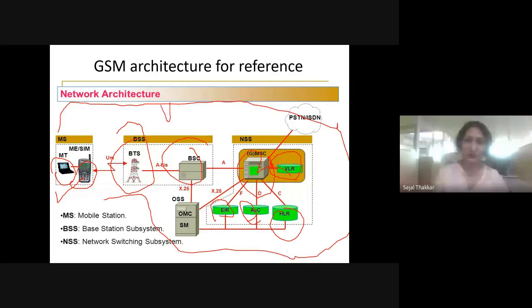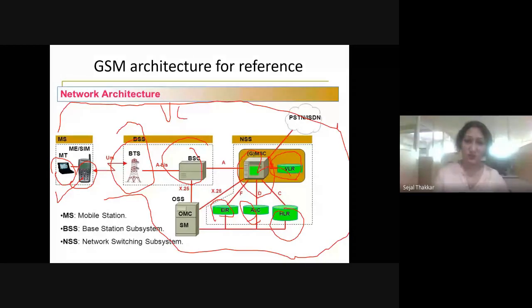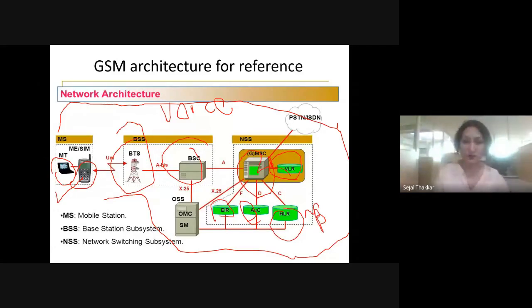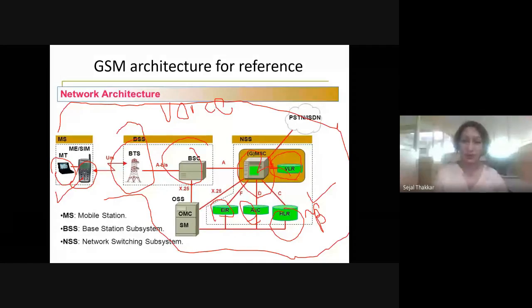I told you that the home location register is going to register our mobile number. It provides information regarding billing, up to how many minutes we have talked with someone else. So it keeps a record of our talking, on the basis of which it generates a bill. Plus it keeps track of whether we are in our home location or at some foreign location. This is the responsibility of the home location register. So every register has a certain responsibility.